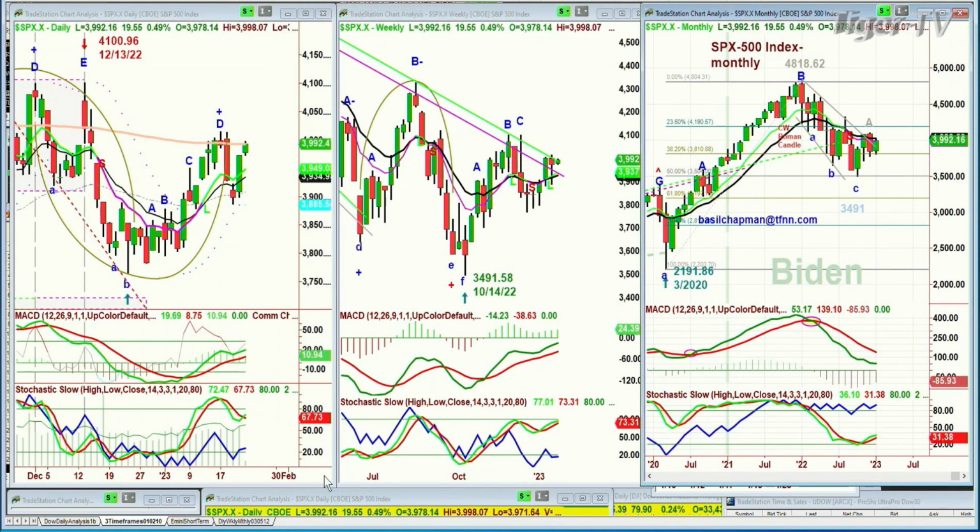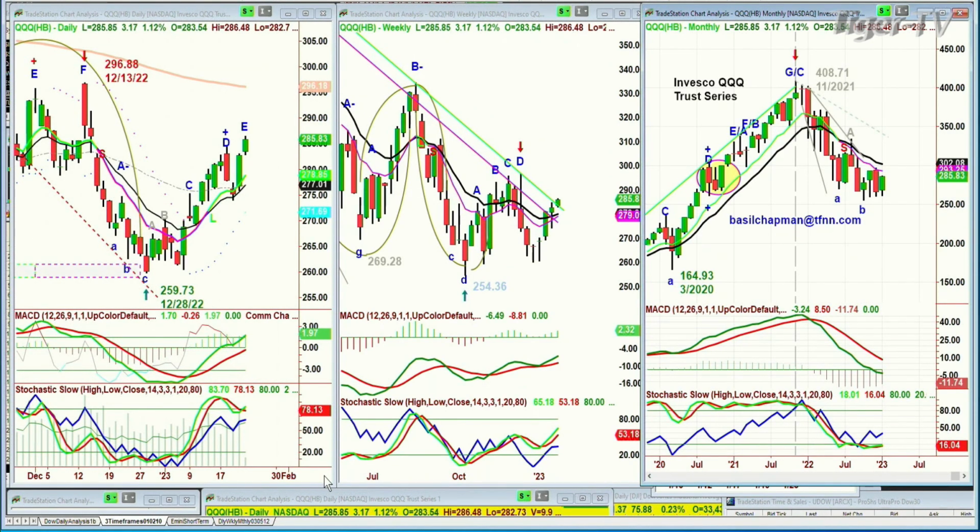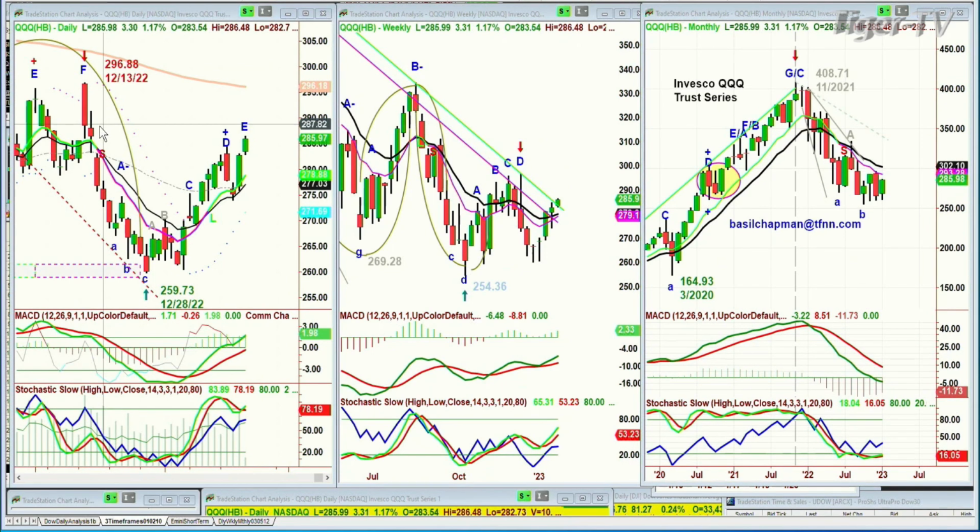Can it do that if you've got a couple of conflicting aspects going on right now, which I'll get to in a moment? QQQ, NDX 100, very nice, up 3.17 at 285.89. And this is really important because you want to start tackling these really ugly candles. The candle of the 13th of December, big pop to the upside, a lousy close, and then followed by a sharp move down, going all the way to the